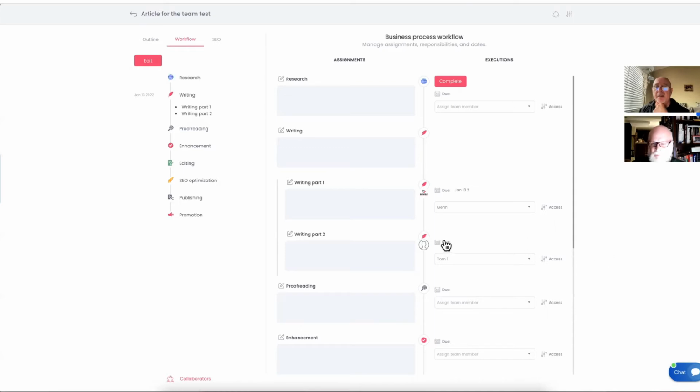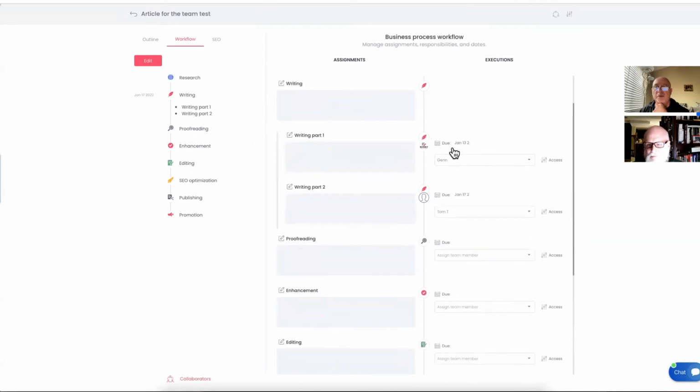Okay. Now, the due dates, don't forget the due dates. Let's say I set up my due dates here, and those 2 dates, right? So 2 people can write simultaneously on the same step. So I do my part, you do your part. And the 3rd person, say, doing proofreading. And again, I'm going to set up the due date. Maybe it's now for 20. You could see now it shows up the dates, right, for each step that I set up.